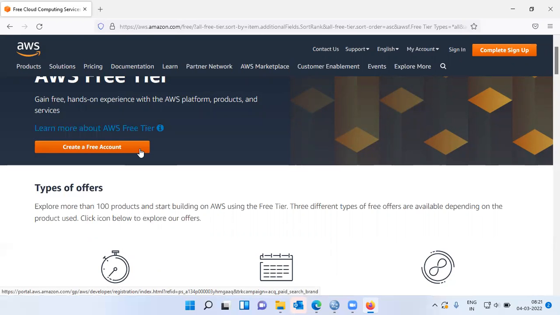Now, you will see a lot of simple questions like what's your name, what's your phone number, the region, and other details like the city, address, postal code. It will also ask for your credit card details. Supplying your credit card details is very, very important here. Once you enter your credit card details, you will be able to get a free account